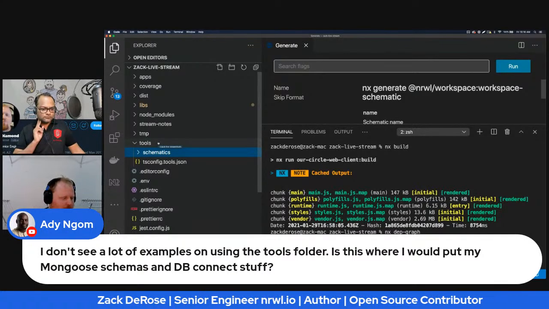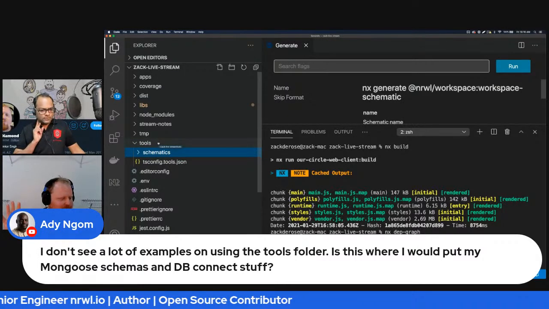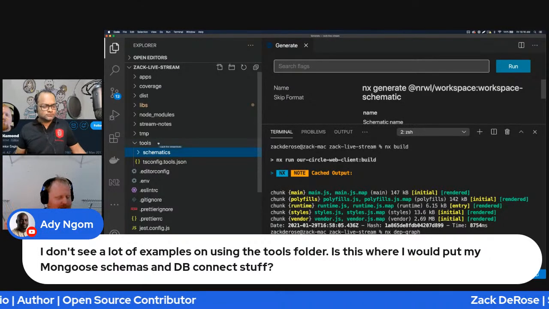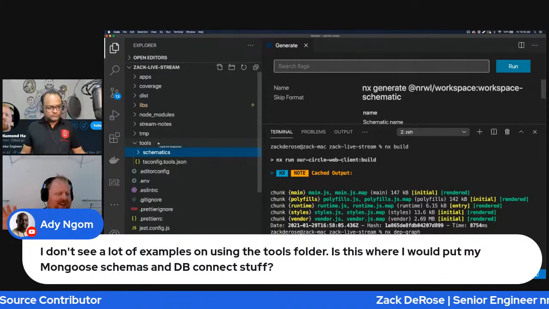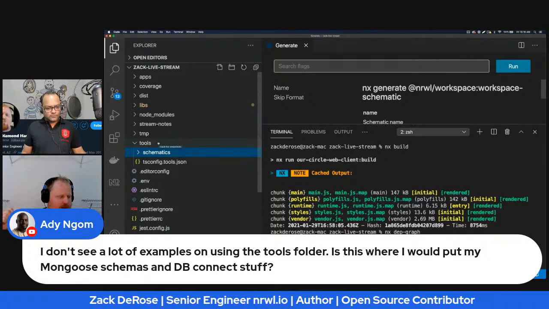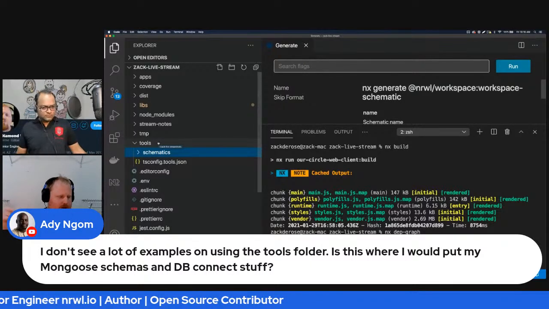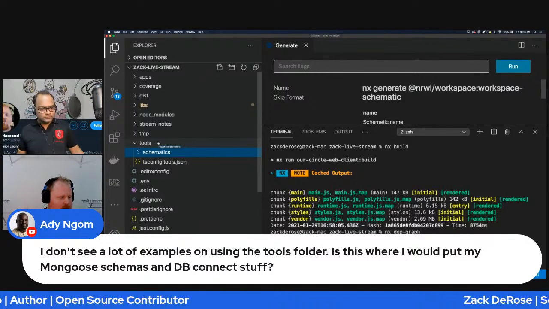In terms of Mongoose schemas, I don't really use Mongoose. I'll just use the Mongo client directly, Eddie. So for me, these are just Nrwl workspace libraries. That way it's just a TypeScript interface that gets shared across front end and back end.